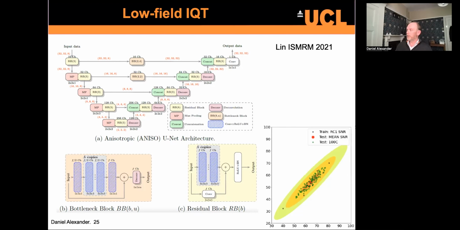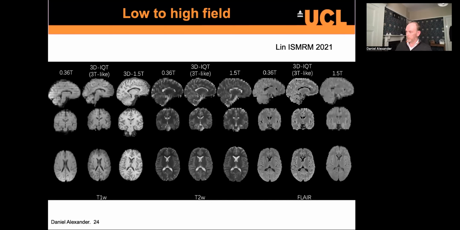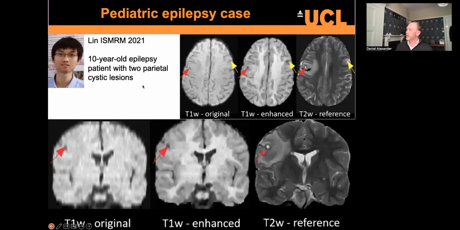And so I think the key step in achieving the kind of result on this previous slide was constructing an augmented training data set that accurately represented the variation in contrast mapping between low field and high field images. And just this is an example from a clinical case where there's some quite difficult to detect